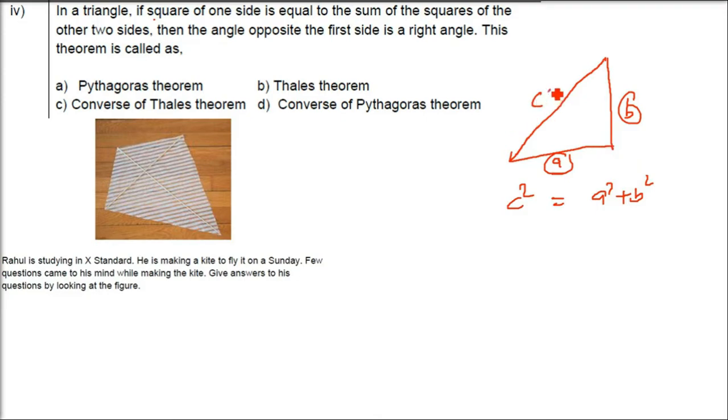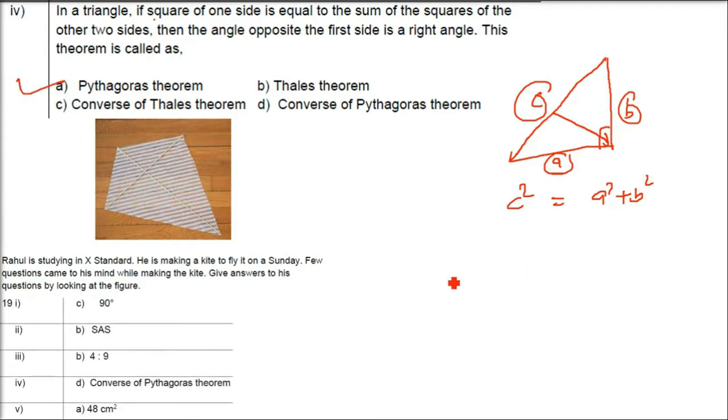Now, the angle opposite to the first side is a right angle. Now this angle is 90 degrees. So this is the converse of Pythagoras theorem, because you will be tempted to answer Pythagoras theorem, but it is not. It is the converse of Pythagoras theorem. Why? Because C square equals A square plus B square, and Pythagoras is somewhat different. It is saying that if one of the angles of a triangle is 90 degrees, then